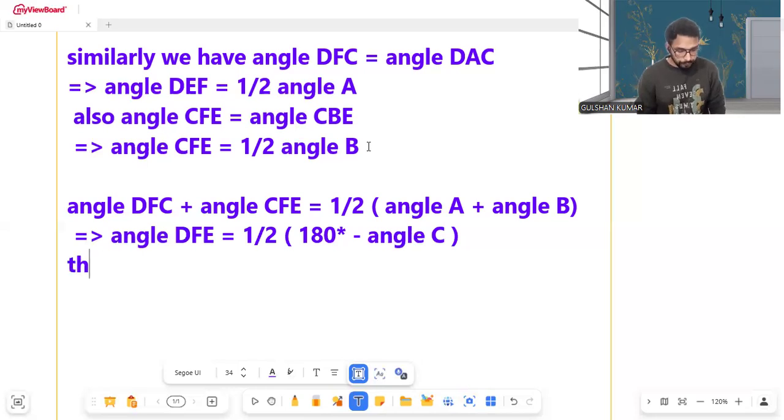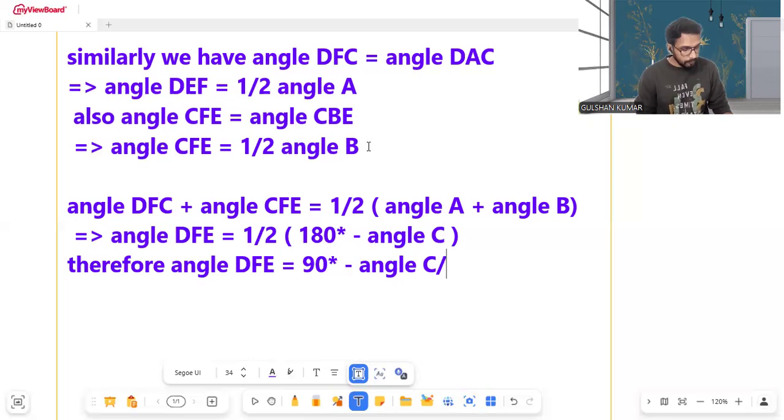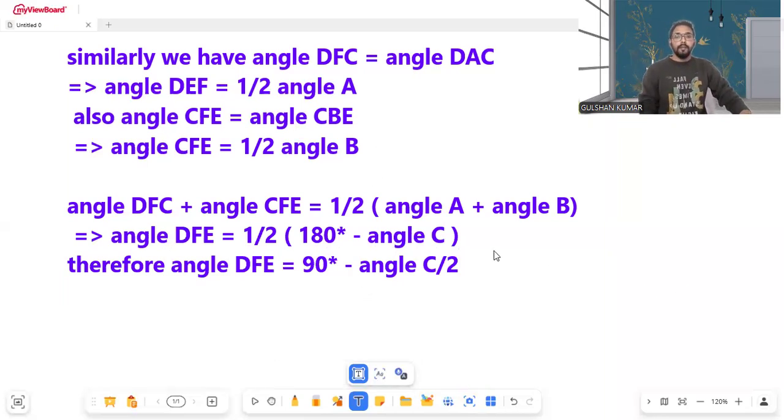So therefore angle DFE will be 90 degrees minus angle C by 2. Okay. Here we have proved